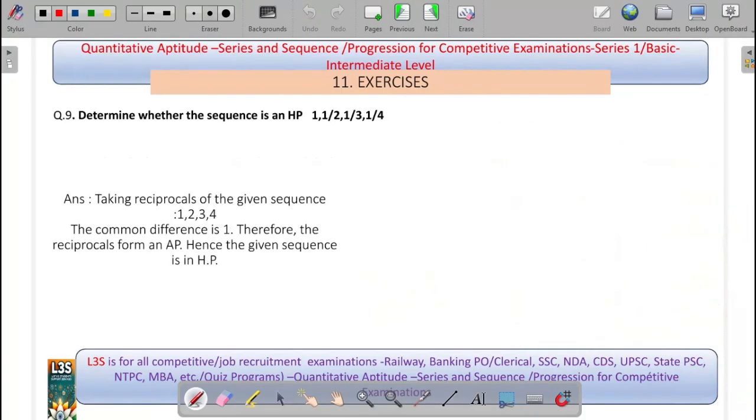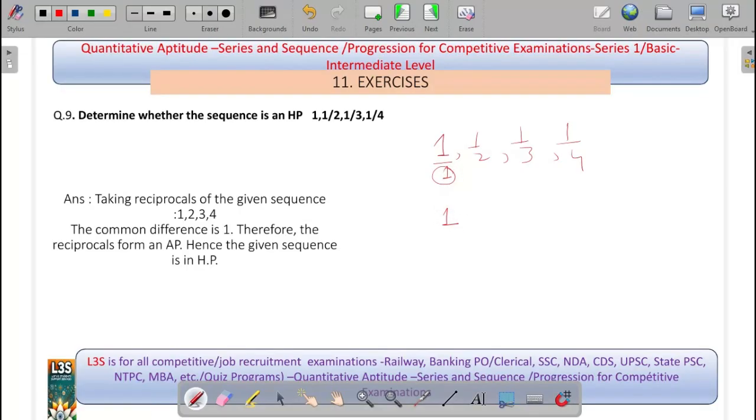Determine whether the sequence is in harmonic progression. So harmonic progression, when its reciprocals are in arithmetic progression, then it is in harmonic progression. So here 1, 1 by 2, 1 by 3, 1 by 4. So here if we take the reciprocal of these numbers,